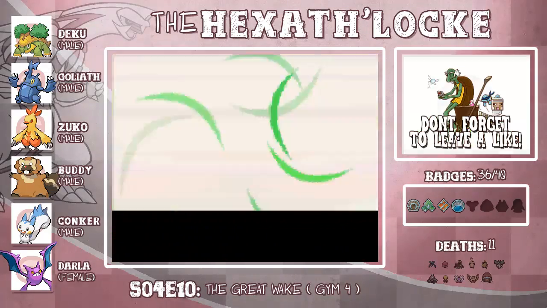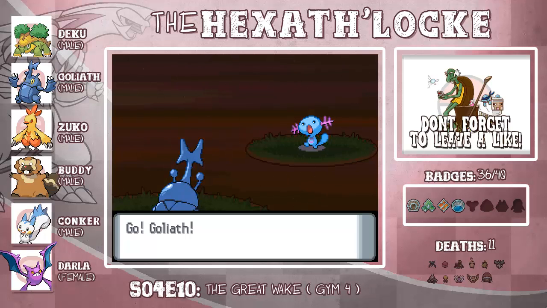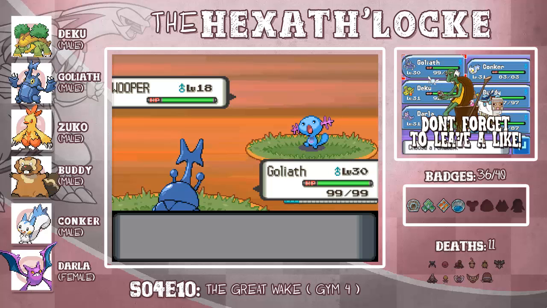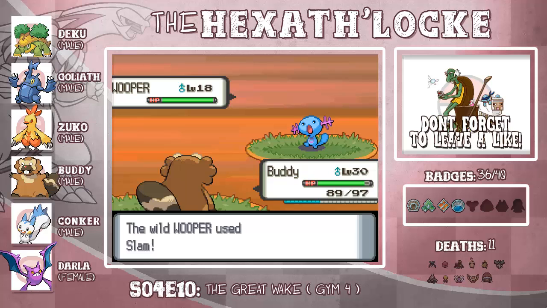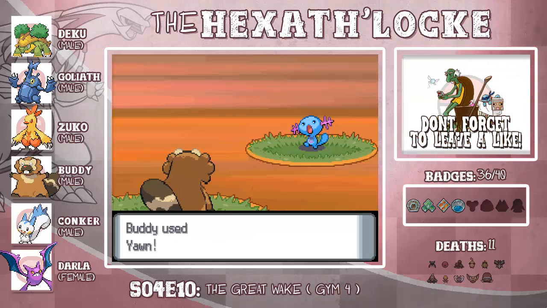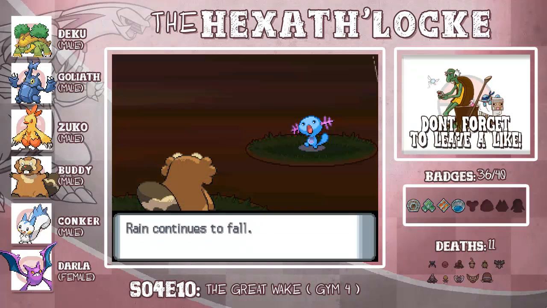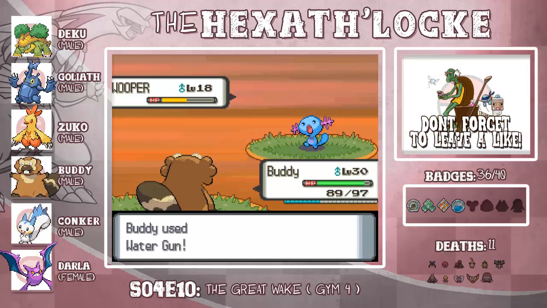There we go. Aha! Another Wooper. Okay, beautiful. I will take that for sure. Get Buddy out here. Alright, so Buddy's going to Yawn, put Wooper to sleep, and then he's going to use Water Gun, which should be...